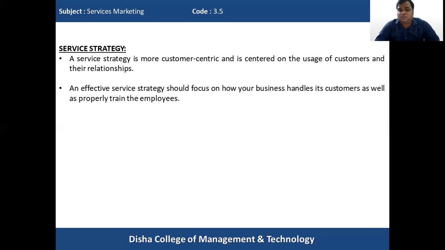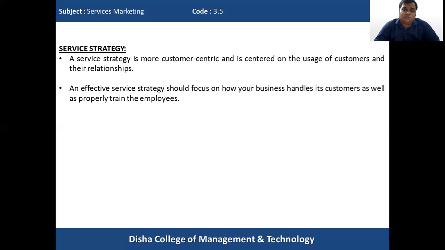An effective service strategy should focus on how your business handles its customers as well as properly trains the employees. So, when we speak about an effective service strategy, we have to understand how the service organization handles its customers, what the problems of the customers are, and whether the customers' expectations are met or not. How is the service organization able to handle those customers who are the main business, and also train the employees who will interact with the customers in a proper way